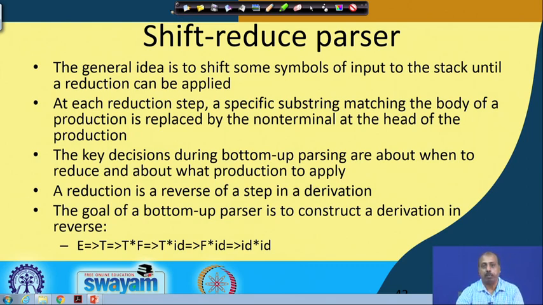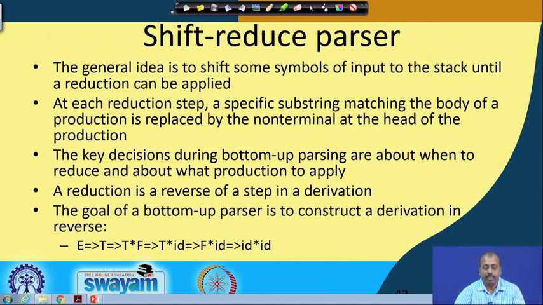We reduce some part of the stack by a non-terminal. Whatever comes on the left hand side of the rule by which we are doing the reduction, the stack top will now contain that symbol, and the portion on the right side is used to replace the portion of the stack.